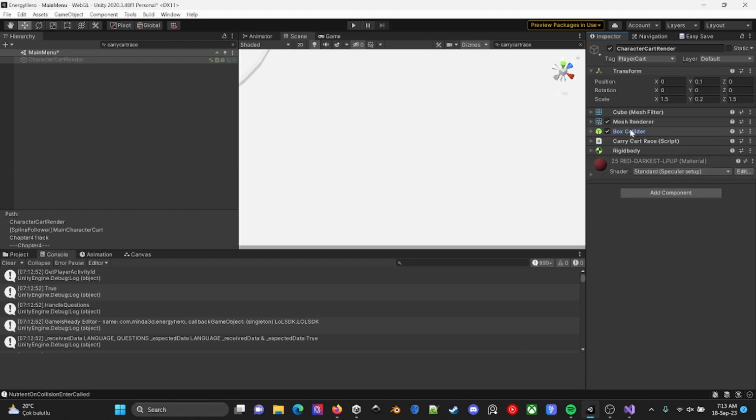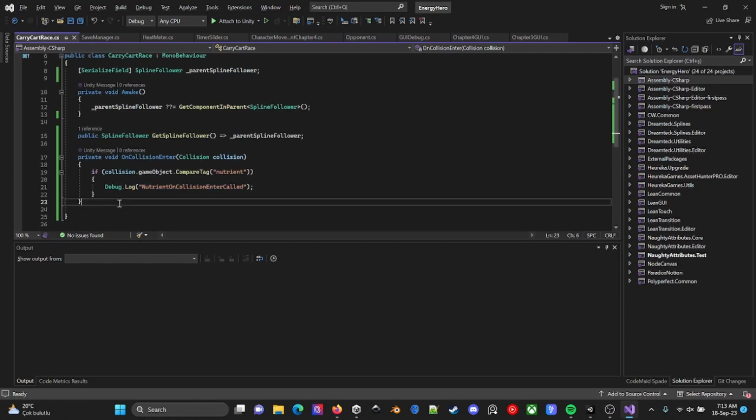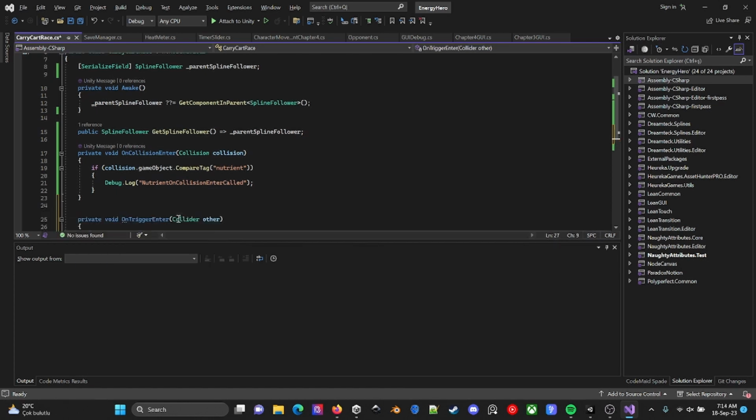Is trigger. But trigger will not work because this is calling on collision enter. On trigger enter, let's try it.